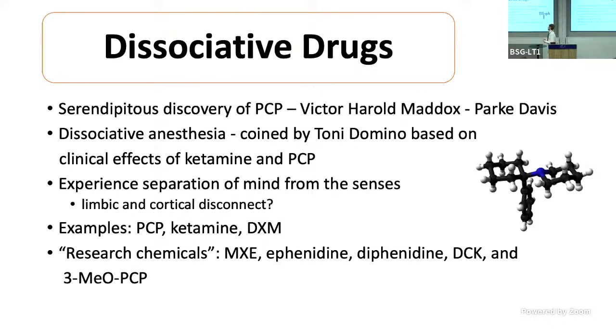Examples of dissociative drugs, of course, are PCP, ketamine, and dextromethorphan. I'll talk about some others. My lab has also been very interested in research chemicals, or legal highs. And the reason being, there are a lot of these, in fact more of these than there are clinically approved NMDA receptor antagonists. And although it's anecdotal evidence for the most part, we can learn a lot by studying reports of people taking these about potencies and interesting pharmacological effects. And there's also often kinetic data and toxicology data in the medical literature as well, which we also contribute to.